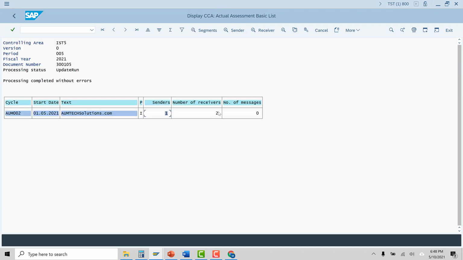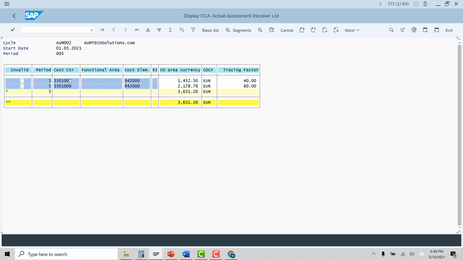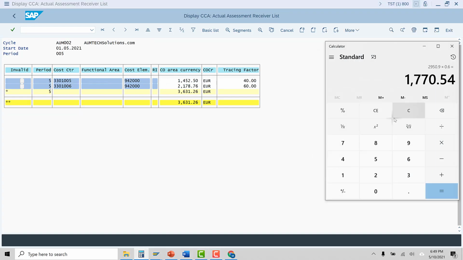Let's look at our receiving cost centers. Place your cursor here, click the receivers. So we have these two cost centers and they should be receiving in 40 to 60% ratio, 40%, 60%. So we will just check for one of them.